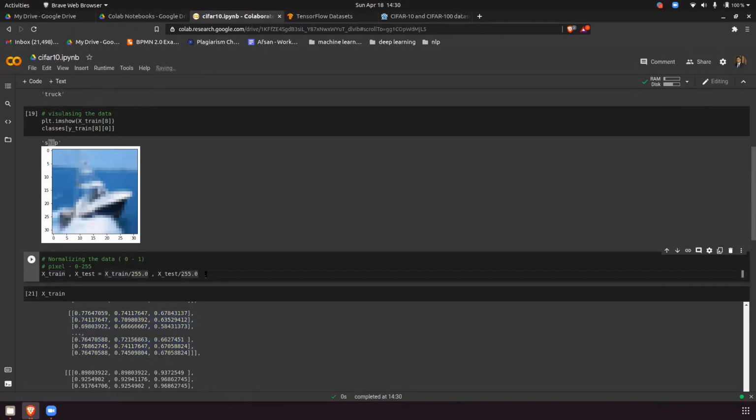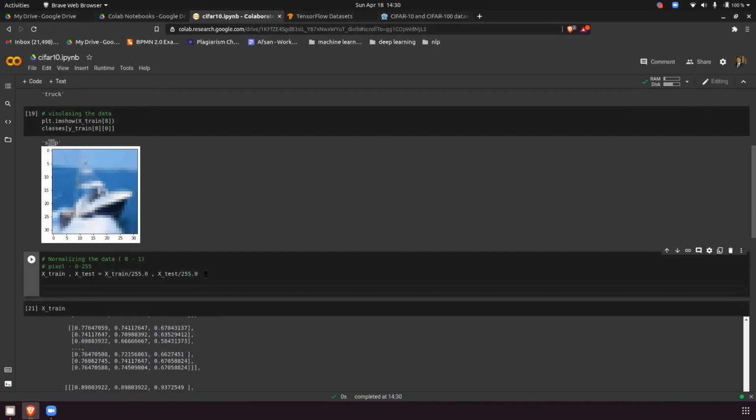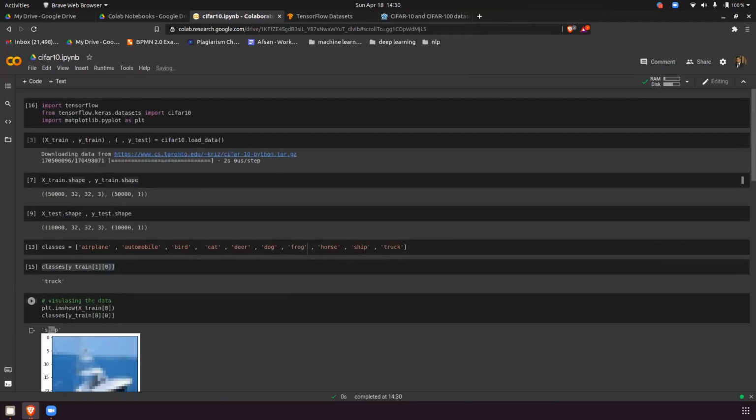Then one more step I'm doing, and that step is converting to categorical data. Basically I'm converting into dummies. If you have 0 and 1, it is converting to dummies. So how many columns will be created if I do get dummies for the target variable? 10. Exactly. So this is the extra step I'm doing just to show you the different functions we can use with TensorFlow. You have learned get dummies there. I am showing you another function called to_categorical. TensorFlow has one more function called to_categorical.